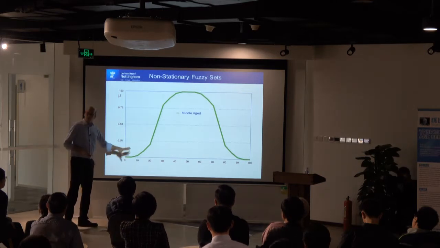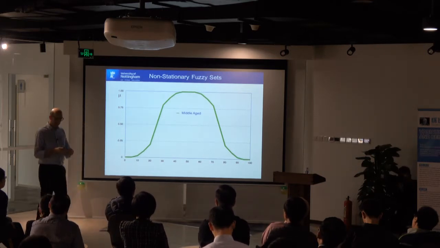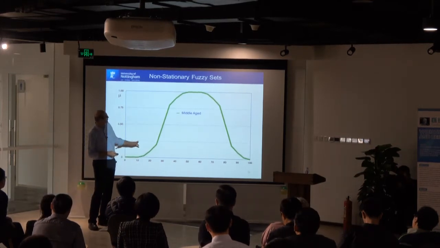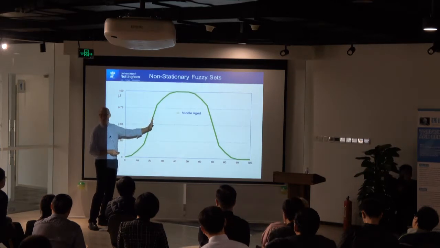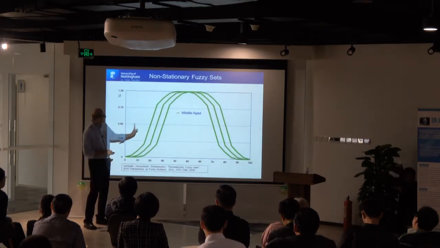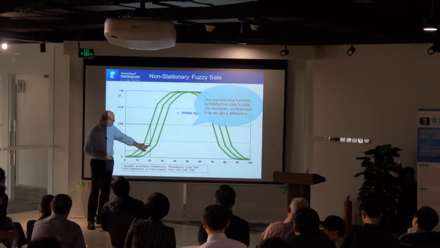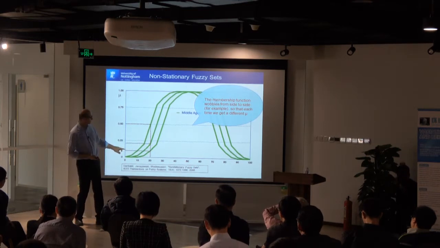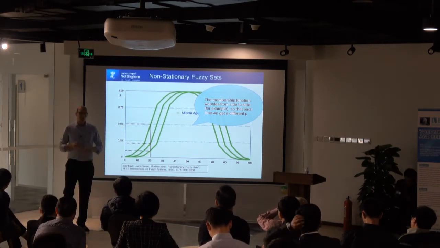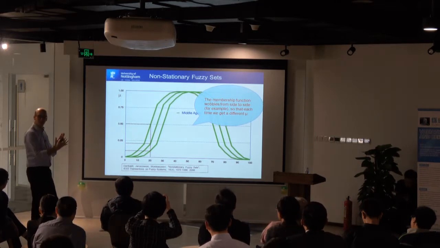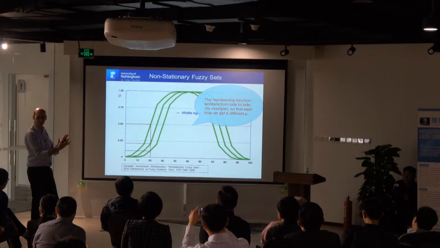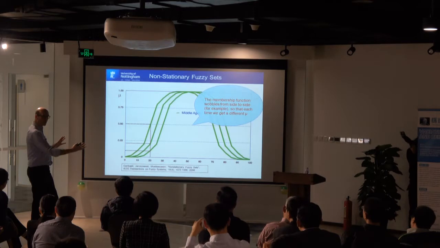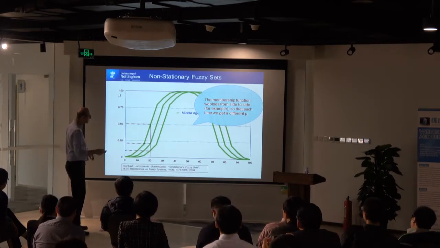So I'm interested to model this variation. So what I did was create a fuzzy set where the fuzzy set moved around. The fuzzy set moves from side to side. Because it moves from side to side, each time you take a reading at age 20, you might get a different answer out. And the different answer you get depends on how much you wobble that fuzzy set from side to side. If you only give it a very small wobble, you get almost the same answer. If you give it a big wobble, you get a quite different answer.